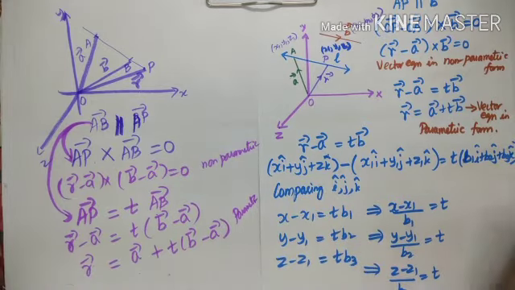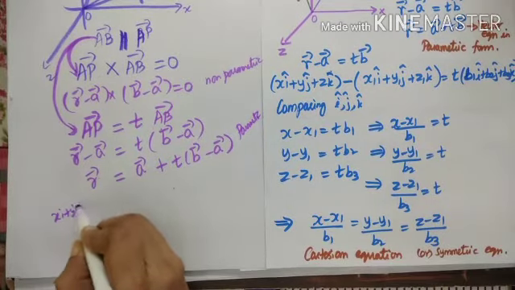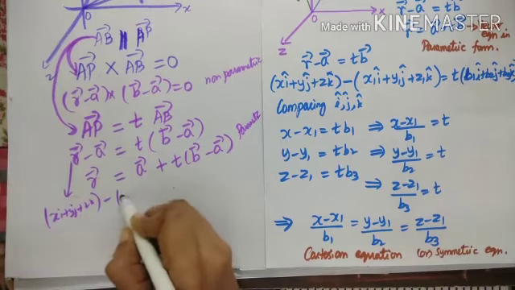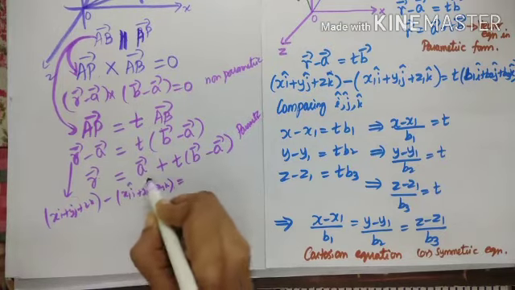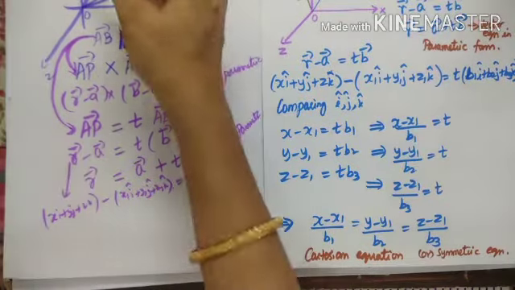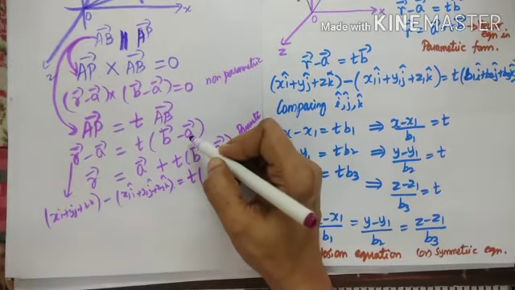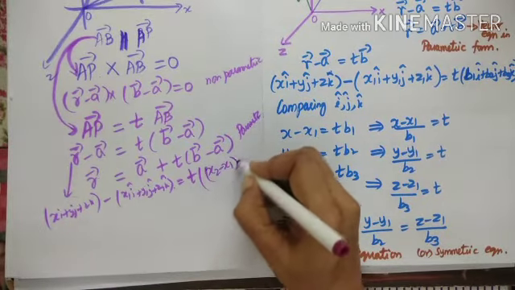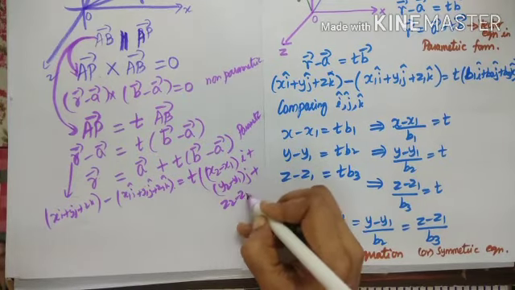Now I extend. Wherever R is coming, put Xi, Yj, Zk. Wherever A is coming, let me put X1i, Y1j and Z1k equals T into B minus A. Second point minus first point. B I can take X2, Y2, Z2. A I can take X1, Y1, Z1. So when I subtract, it is X2 minus X1 into I, Y2 minus Y1 into J, plus Z2 minus Z1